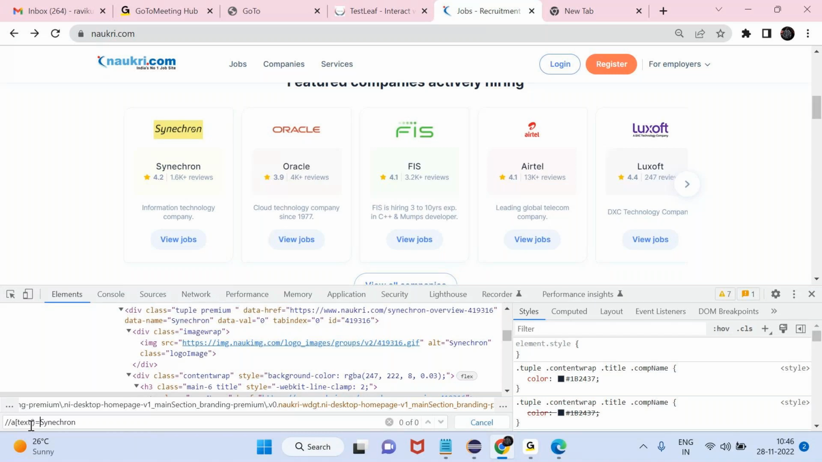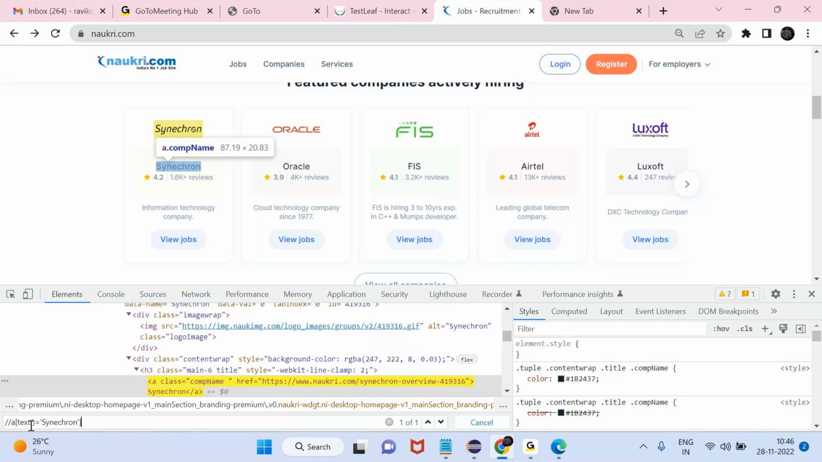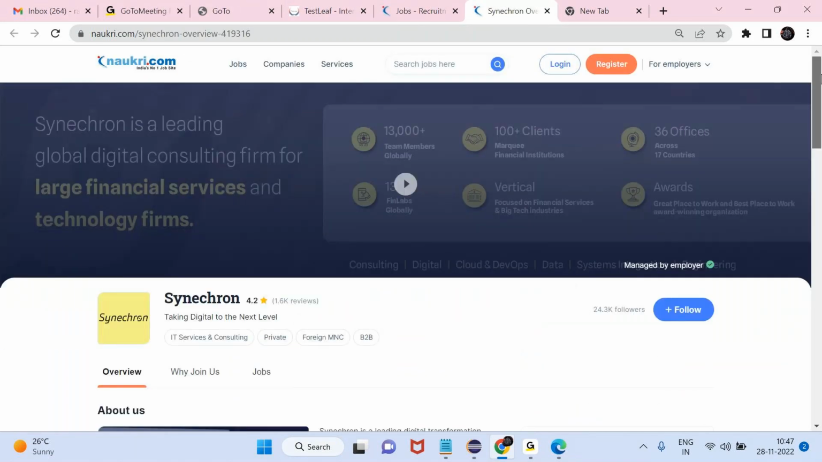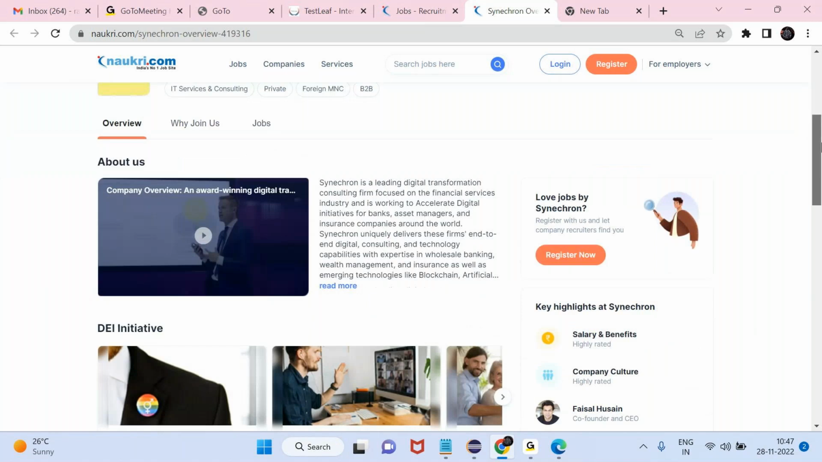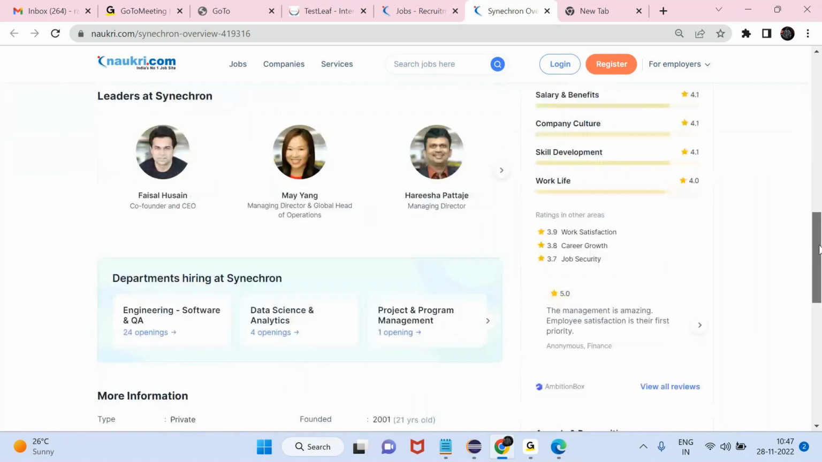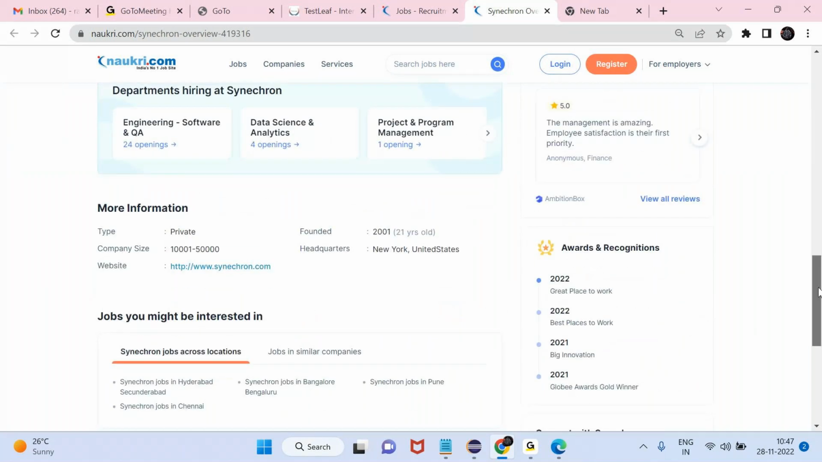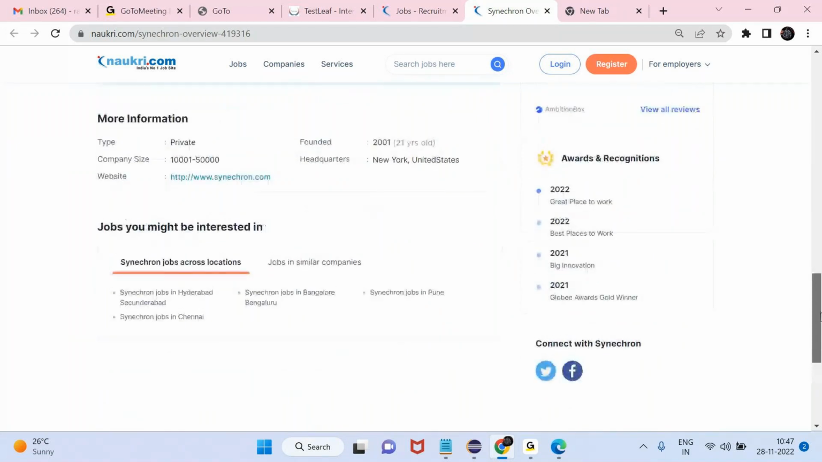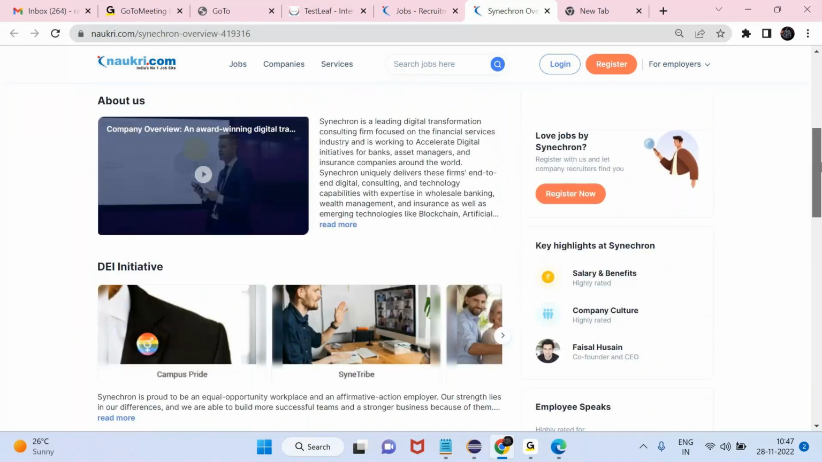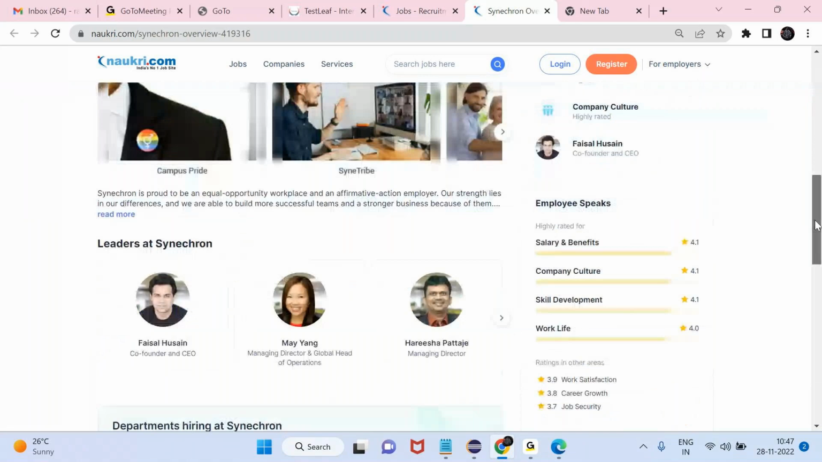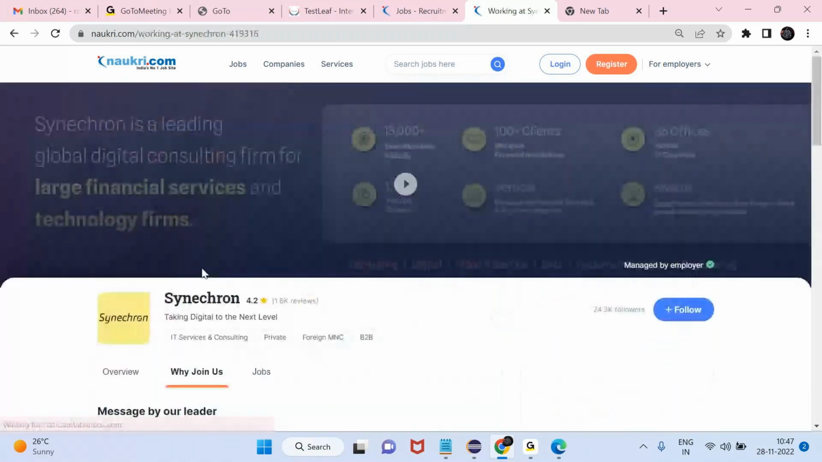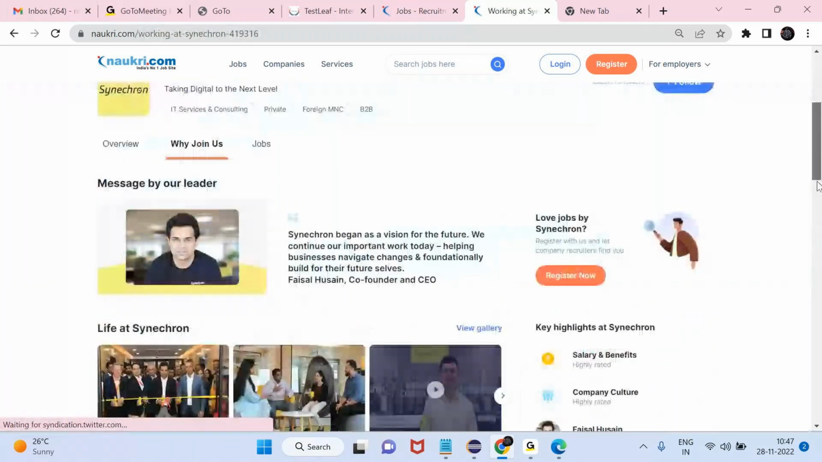Tab and window are both the same. You need to click this one. After clicking this, we need to switch to the child window. Then here, connect with Synchron. Why join us? Click this Why join us. Then here